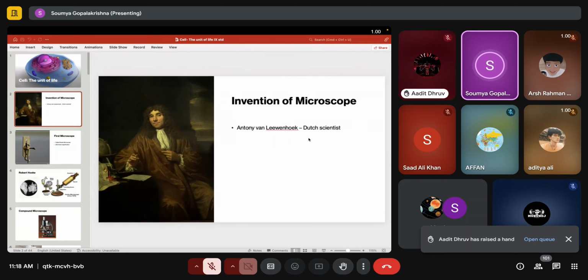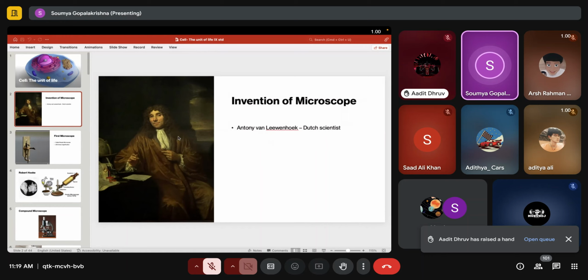Objects look bigger. Now, if we are having any problem in vision, right? Some of us are not able to see far off objects. Some are not able to see nearby objects. We use spectacles, right? What does this spectacles have? It has a lens. According to the power that you have, the doctor prescribes the lens, and we use it, right? So it magnifies the object.